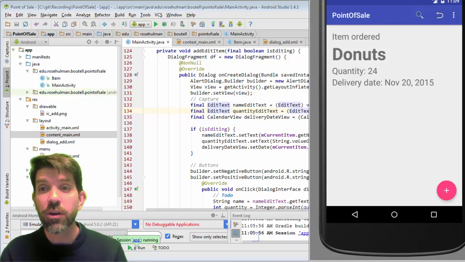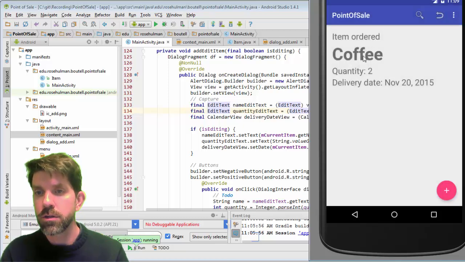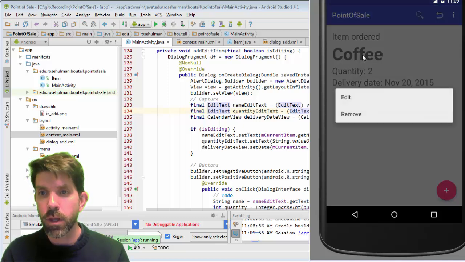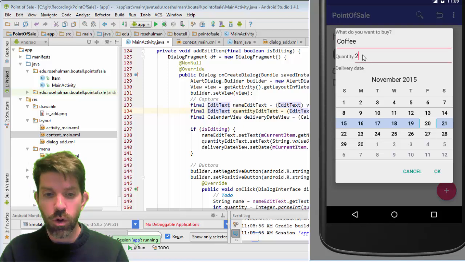All right, so I have the emulator up and running. I've added in coffee and donuts as we got here. Let's just check this out. So let's go back to coffee. So coffee 2, let's long press on the name, and we get our context menu, which is exciting. Let's go ahead and click on this guy, and we'll change the quantity here to